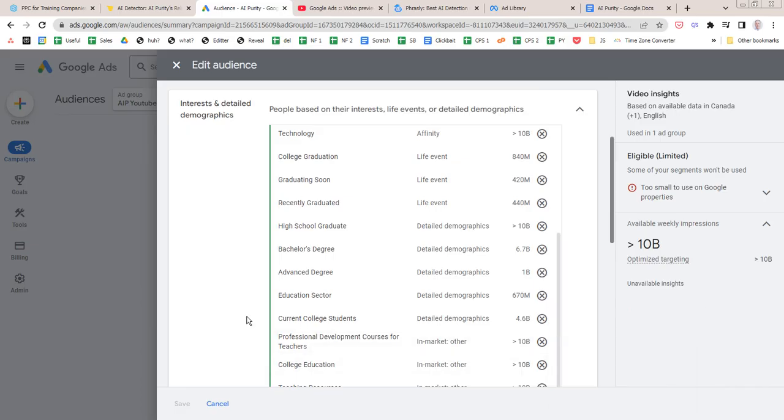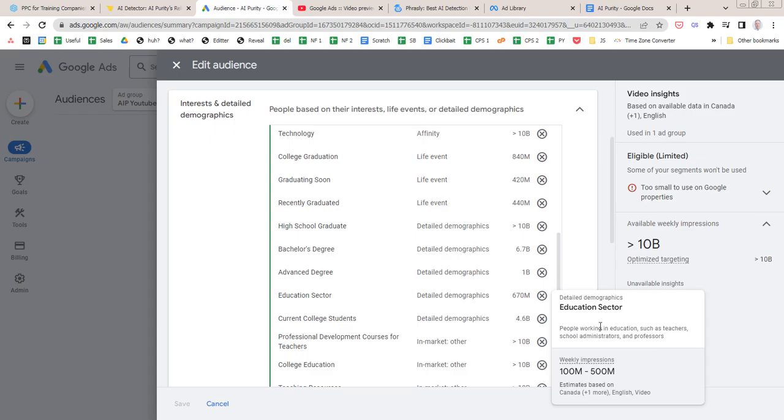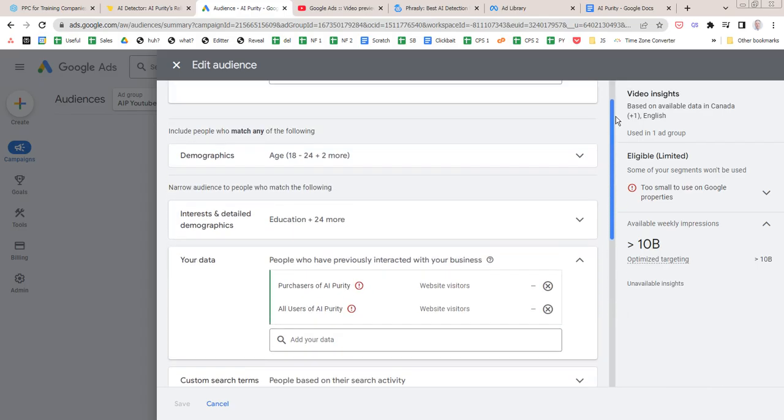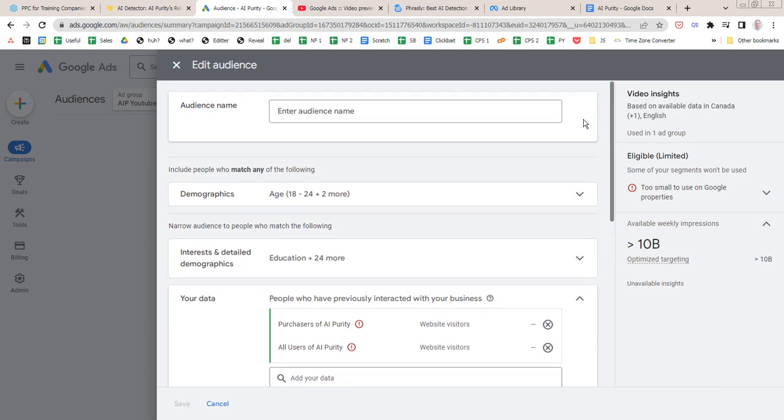And then if you do want to target the teachers, that would be this category right here, right? People that work in education. But I would X out every single one of these except college education. And then real quick, these settings are logical ands. So this setting here is intersected with this setting, which is intersected with this setting.